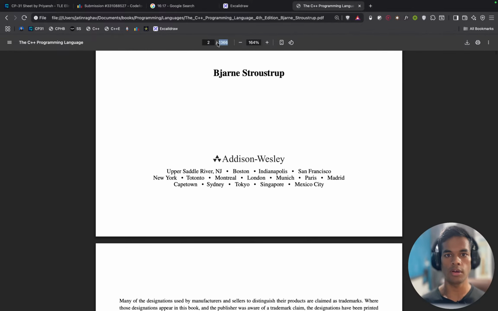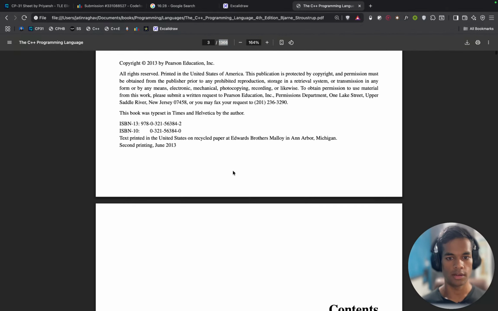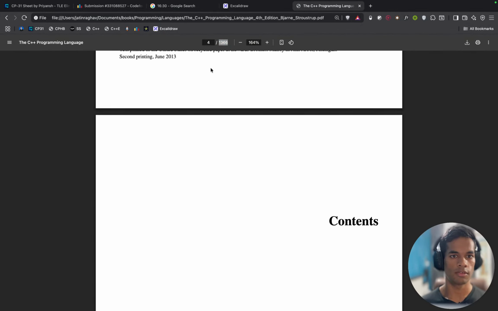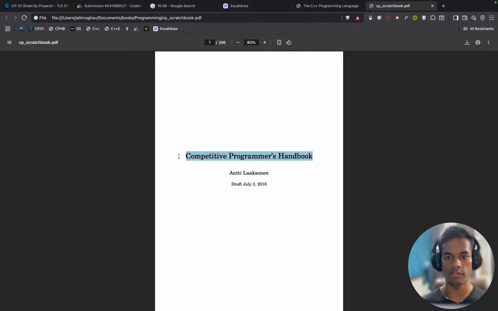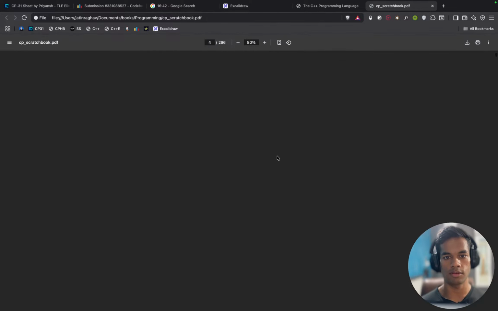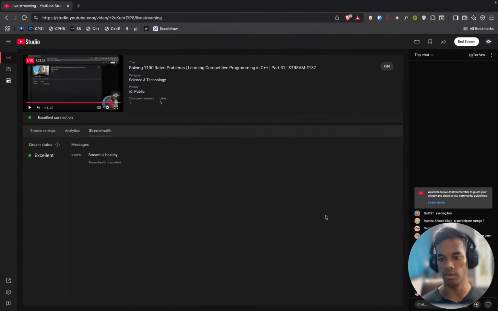Even though it is long, if I keep reading a bit of it every day, then eventually in a few months I will complete this book, and that is cool. So keep reading stuff, and also the Competitive Programmer's Handbook. I'm also reading this, and it is also cool.